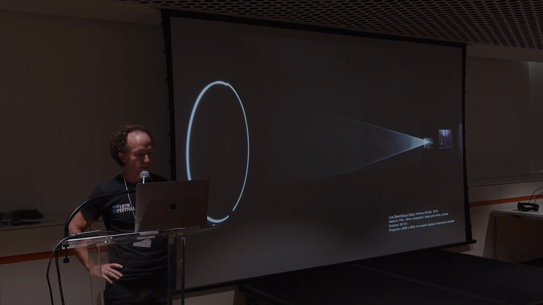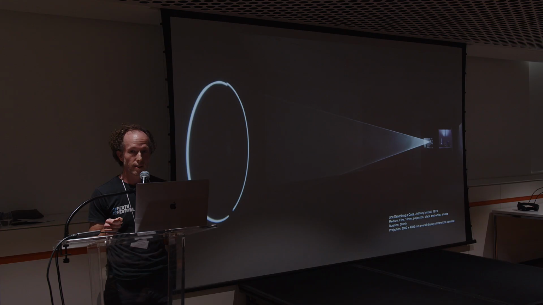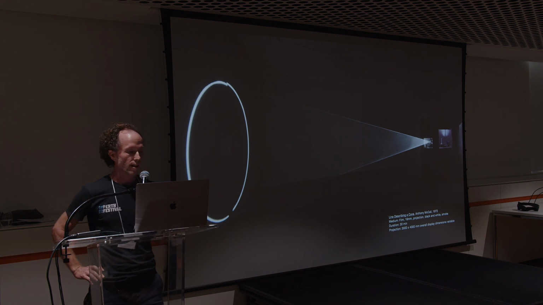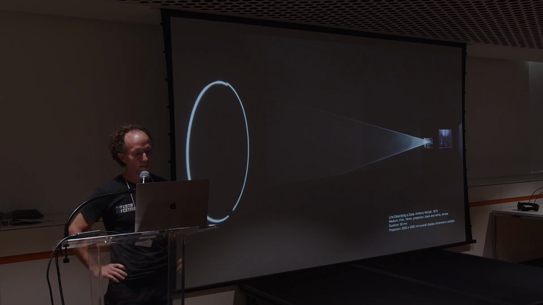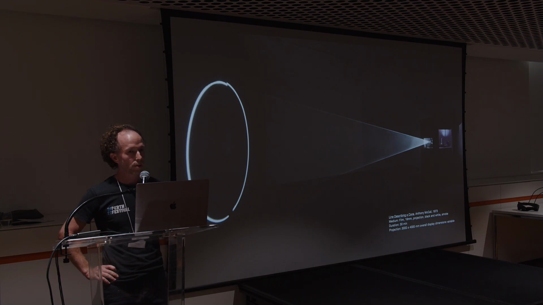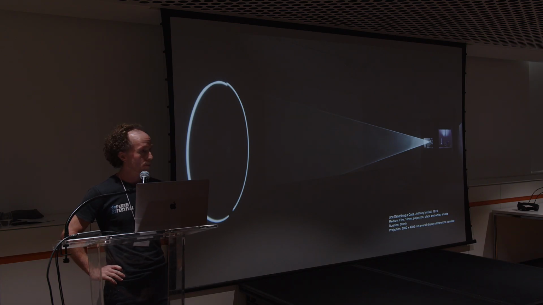So I love to begin talks on the history of cinema in a darkened room with a flashlight, making hand shadows in its beams to indicate that while the moving image technologies of today may be the most modern of media, they're also grounded in the most ancient. And there's a wonderful demonstration by this work on the screen, that beam projecting into space, the 1973 installation Line Describing a Cone by Anthony McCall.